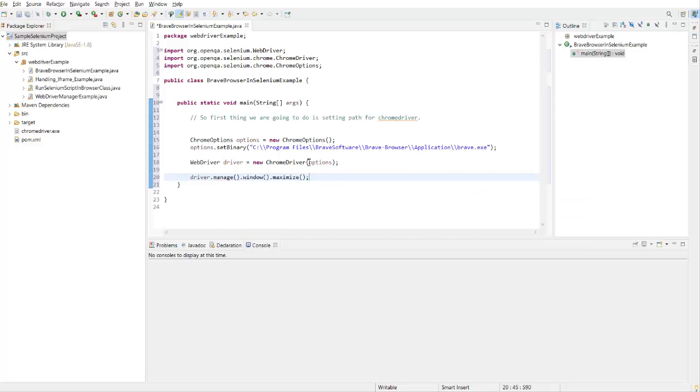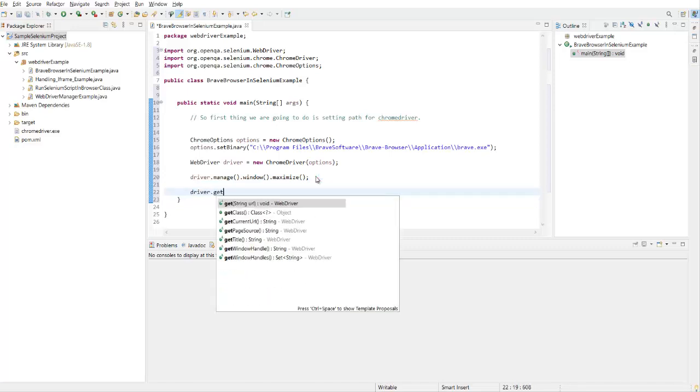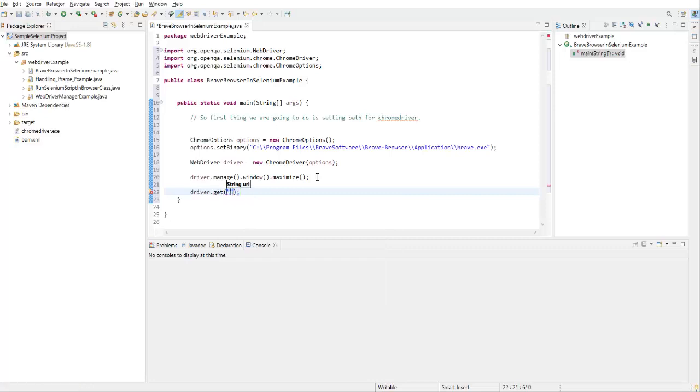Here I have written one line of code to maximize this browser, and now we are going to call driver.get, and here I am going to pass https://aboutqa.com, and at the end I am going to call quit, because if it launches this browser and opens this URL within it, then we are good with launching the browser.